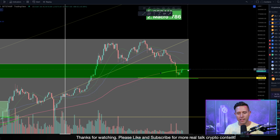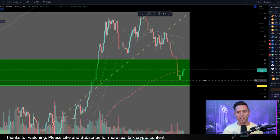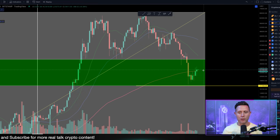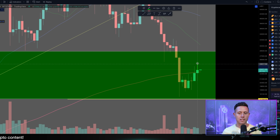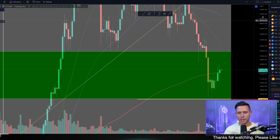So here we are now, again, consolidating between the 200-week moving average, that red line, and the 786 line. But this is what Bitcoin has done already. And we're not that far into this low, this bear market formation. Bitcoin has closed a weekly candle above the 200-week moving average. Mind you, it's not like this huge overextension and separation from the 200-week moving average. It closed just above it, but that's a big deal because when we start looking back at these charts and